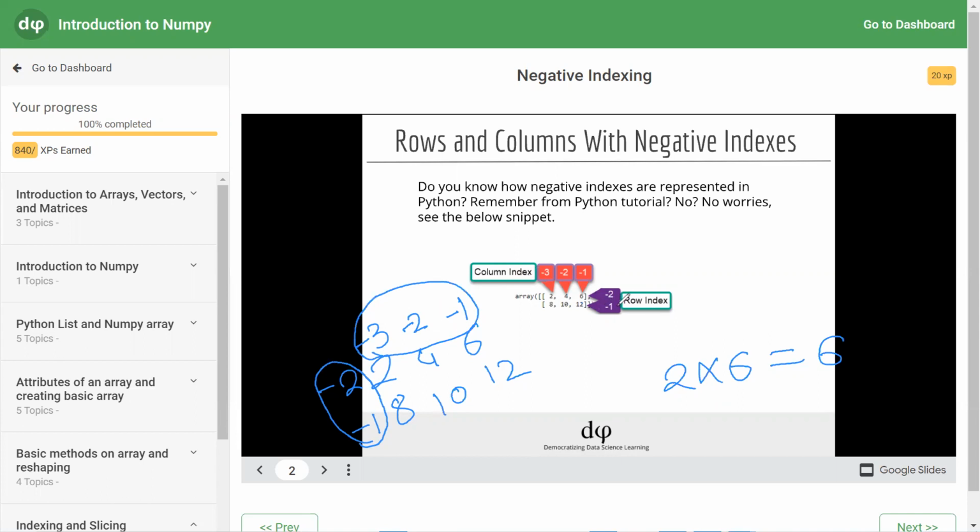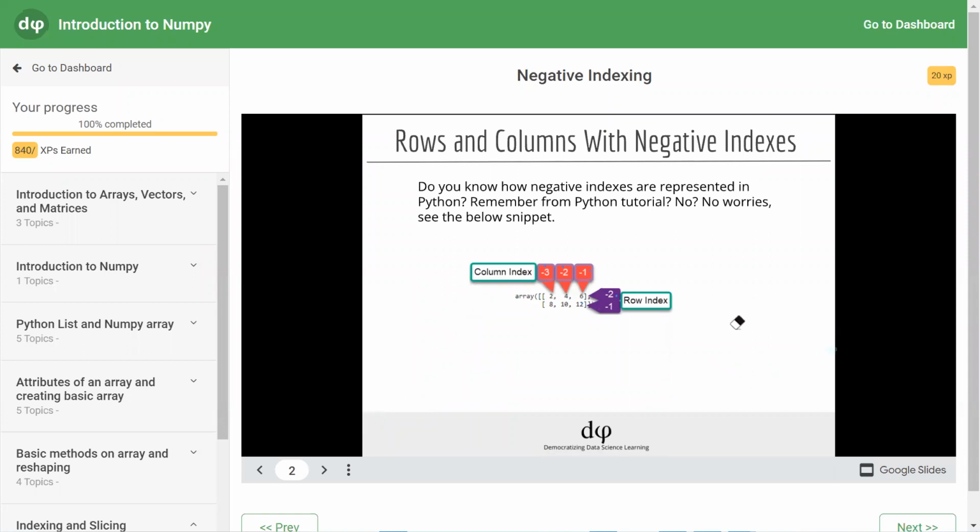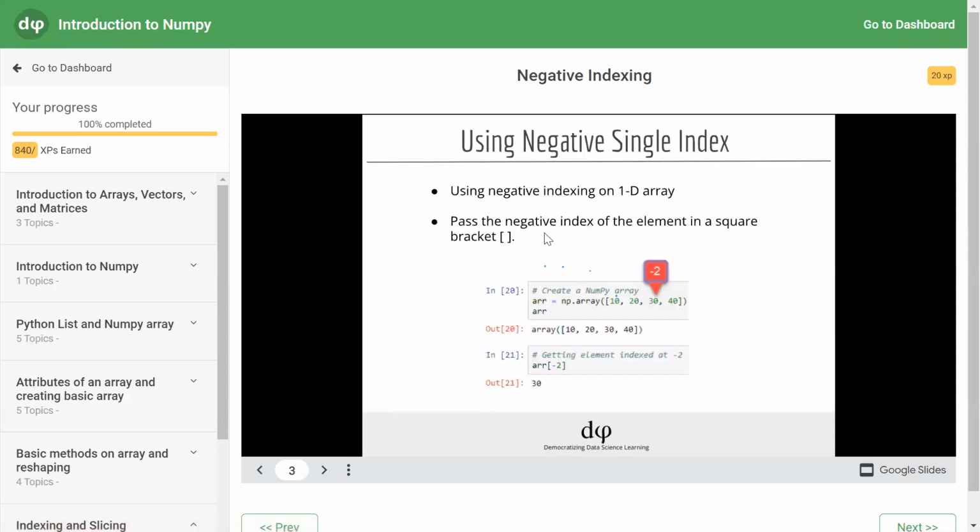The same thing is represented in the figure. The last row is given index -1, the second last row is given index -2, the last column is given index -1, the second last column is given index -2, and the third last column is given index -3. If this is understood, then we can go to understanding the assessing element part.